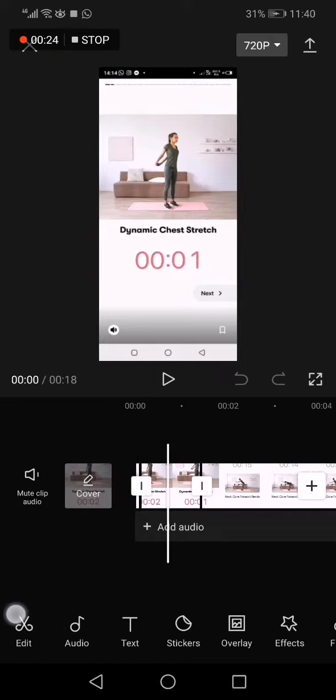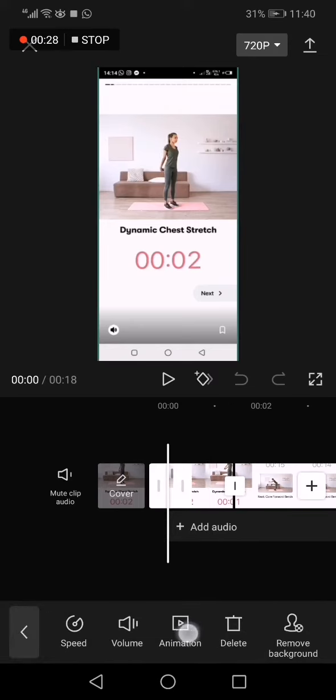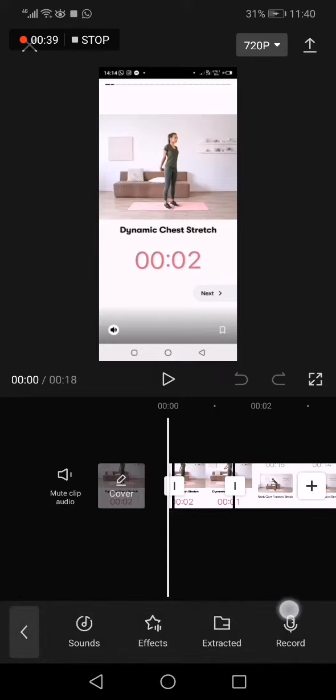Now go down here, click on edit option, this one, and if you didn't find the voice right here, go back and click on the audio option. Click on audio. Now you will find the record option. Click on it and you will be able to record your voice on the video easily and fast, and it's